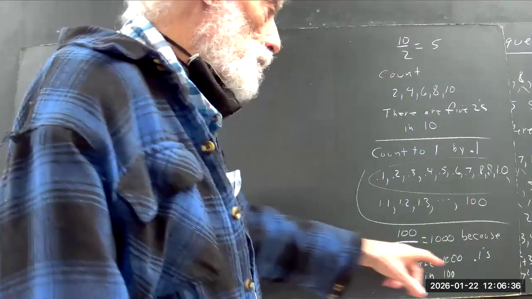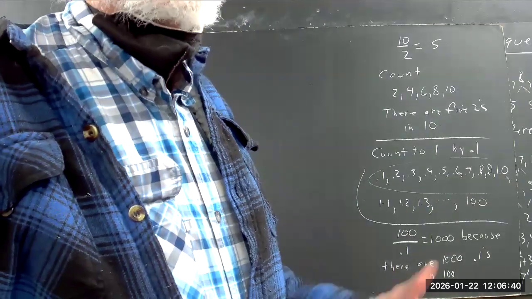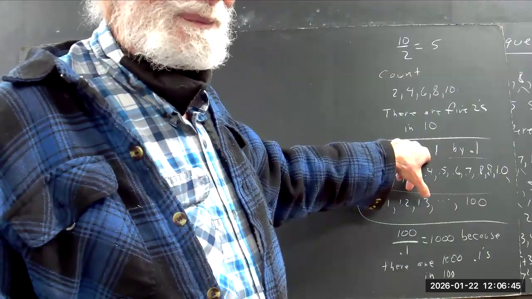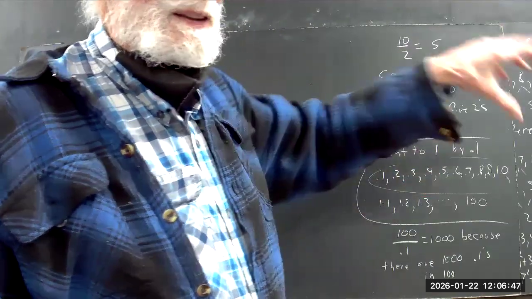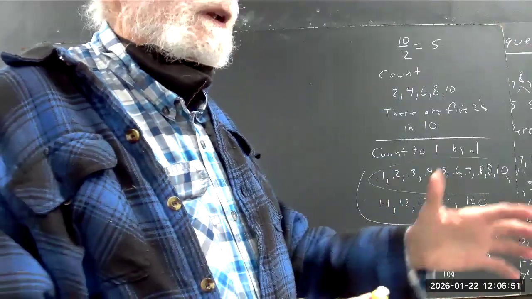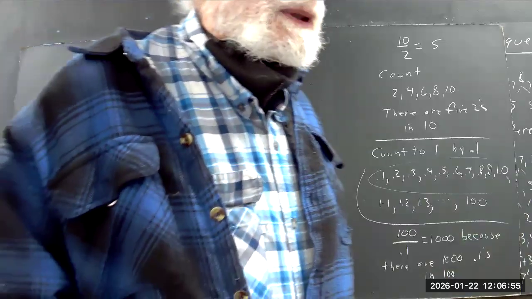It's 1,000 because there are 1,000 0.1s in 100. Okay, which is easy enough. There are 10 0.1s in 1. If you multiply 10 by 100, you get 1,000, and you can do that too. But I want you to think in terms of lists and stuff because we're eventually going to be talking about